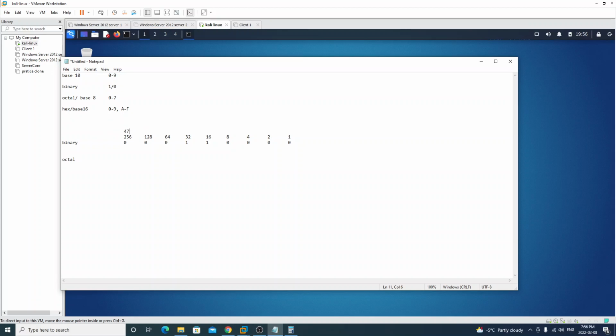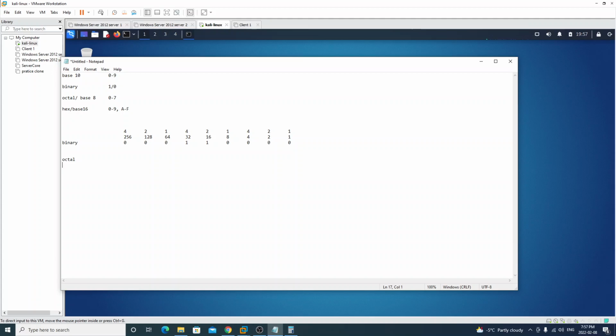We have 4, 2, 1. 4, 2, 1. 4, 2, 1. So for every 3 values, it's either 4, 2, or 1. Okay, so if we said, well, we have a decimal